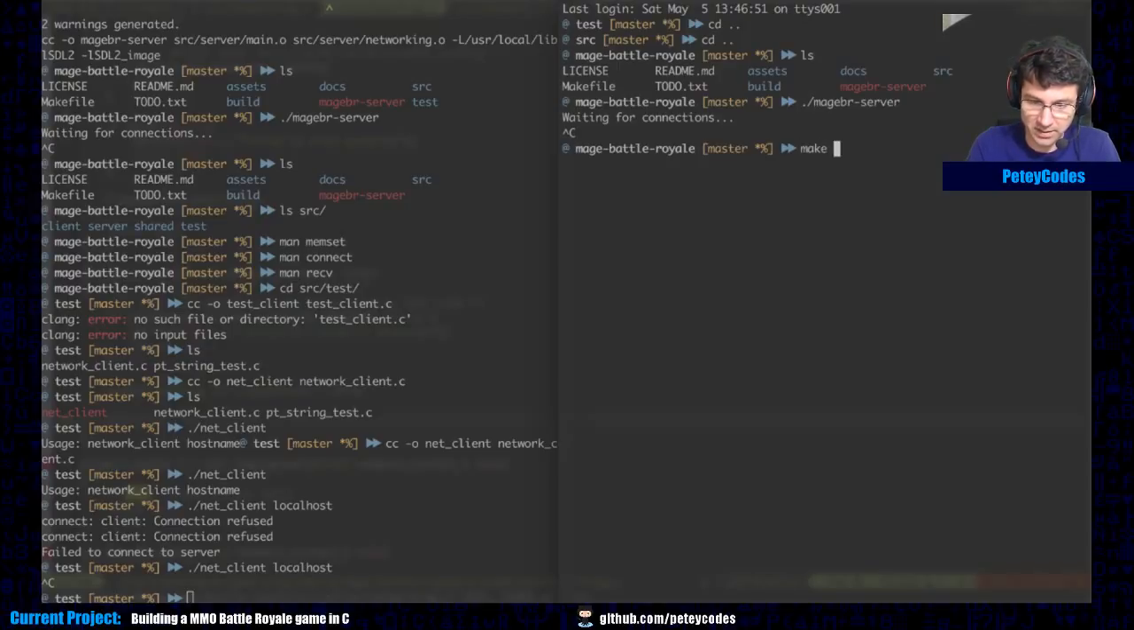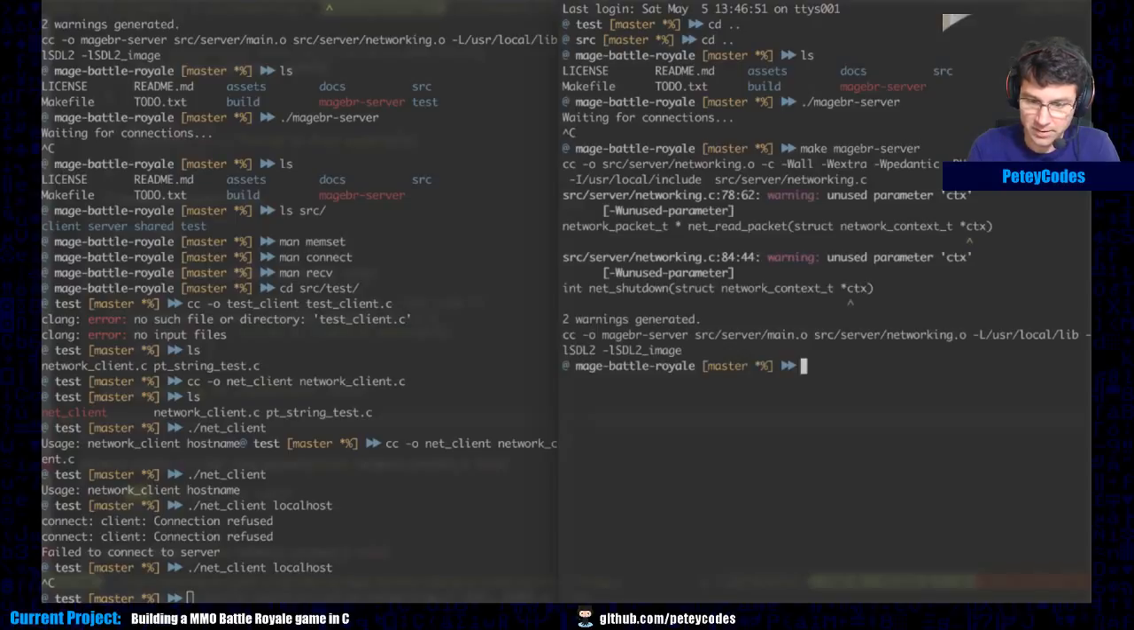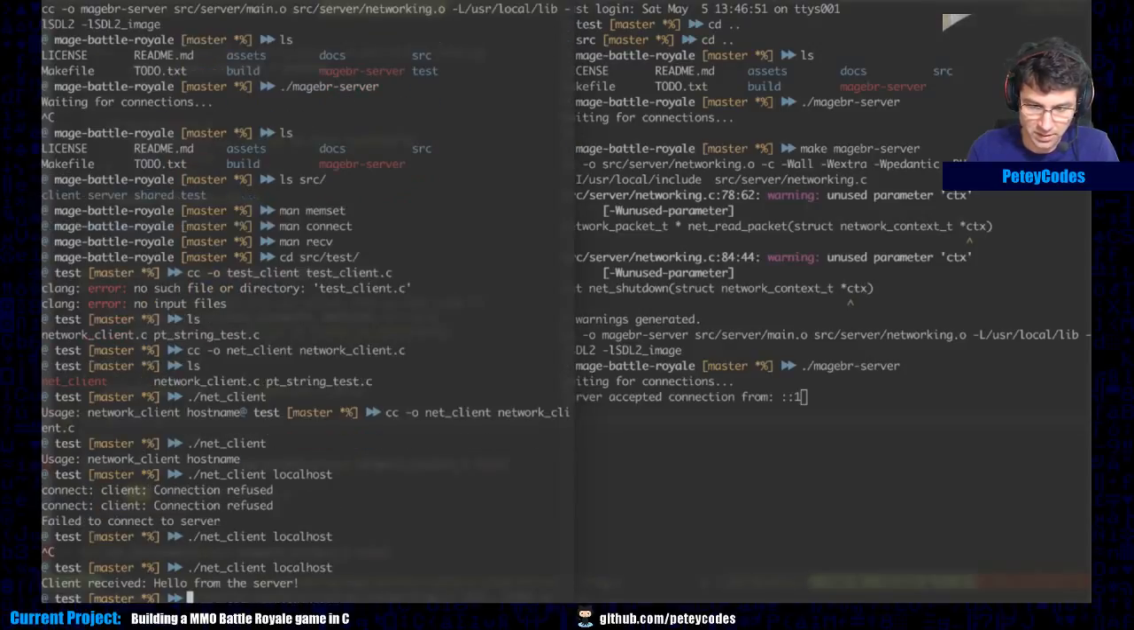So we'll do make HBR server. Hopefully we don't have stupid things now. Still got just the warnings, so we'll run the server. Waiting for connections, and now we're gonna connect. What? Client received hello from the server. Boom. And client server accepted connection from